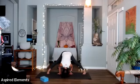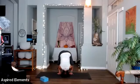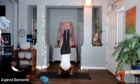you also have the option of going into a tripod pose. So you're going to bend your knees. They go right to the elbows, and you lift up and lift your legs up. It's an option. You do not have to do it. You could just keep your head on the ground with the block and then drop